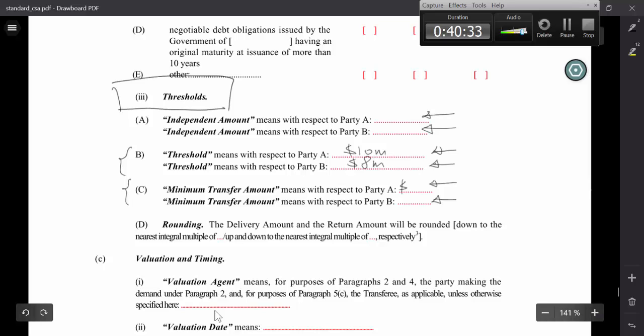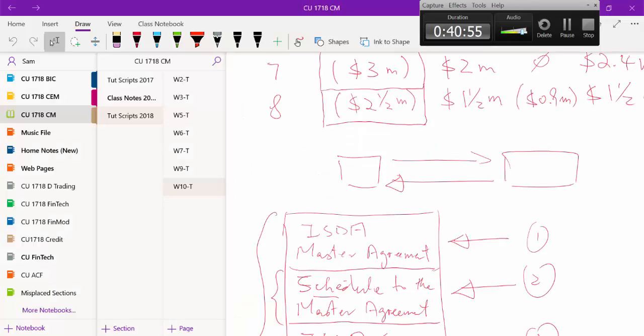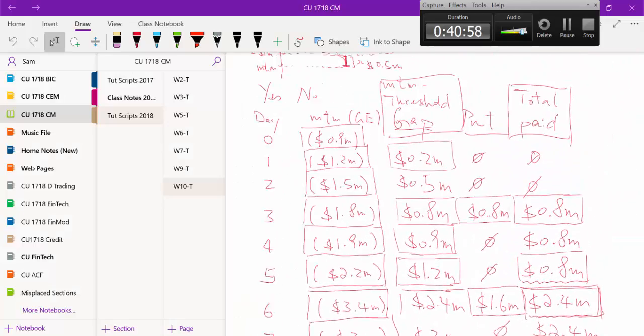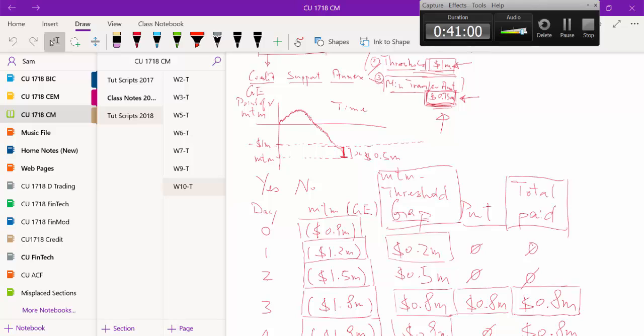So this can be 200,000. This can be 150,000, whatever. There is nothing to say that these CSAs need to be completely symmetric. If they are, I should tell you that in a case like this, if the mark-to-market starts swinging back up the other way, so GE is winning lots and lots of money in their trades,